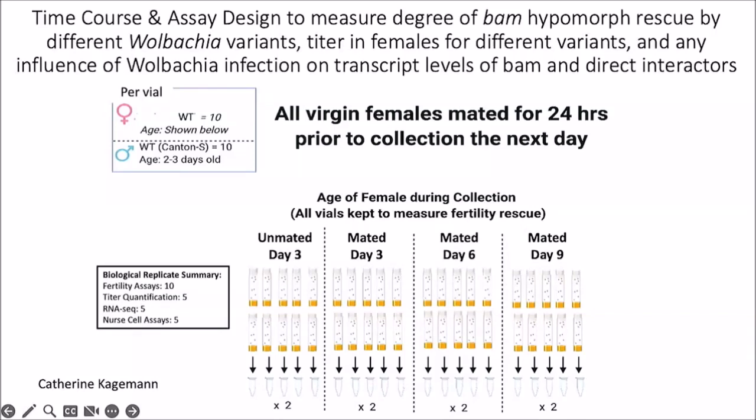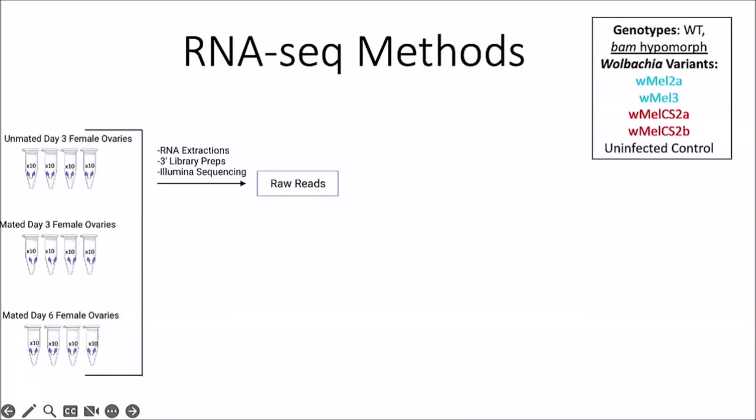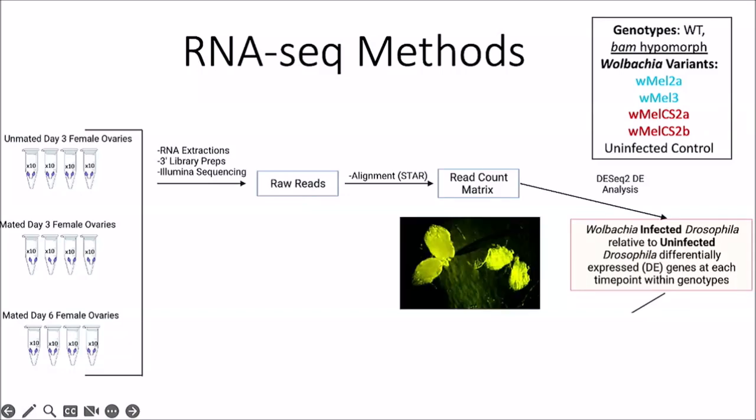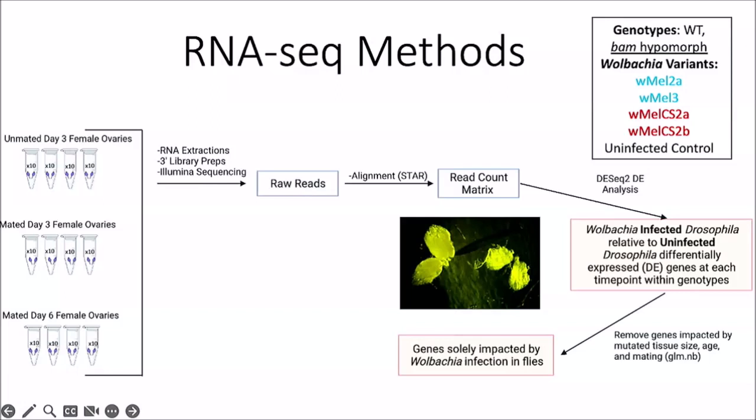We realized from these studies that, using the typical pathway of analyses, with the different groupings here and biological replicates here, and mainly I'm going to focus on comparisons of Wolbachia-infected to uninfected Drosophila in terms of differential expression of genes, to hopefully highlight the genes that are solely impacted by Wolbachia infection. We also factored out genes because this is a Wolbachia-infected and uninfected comparison, and there's a difference